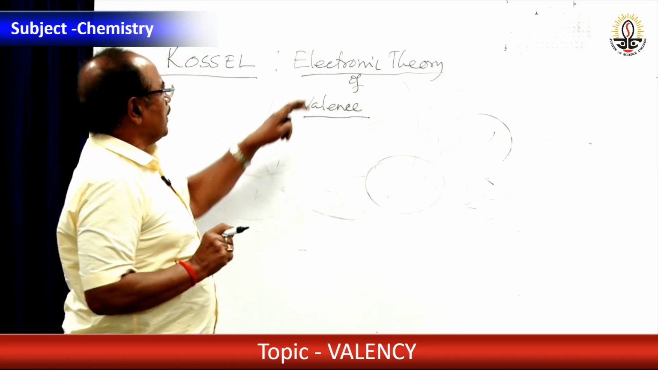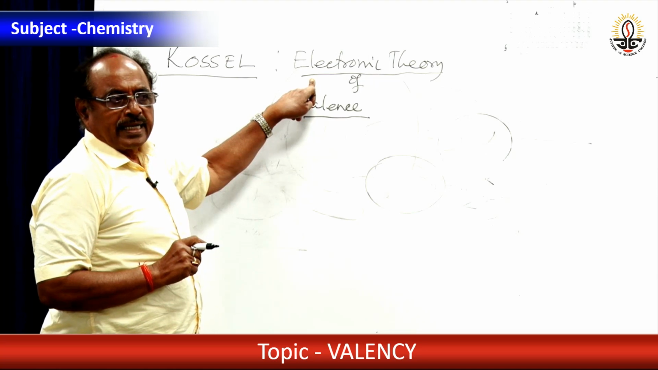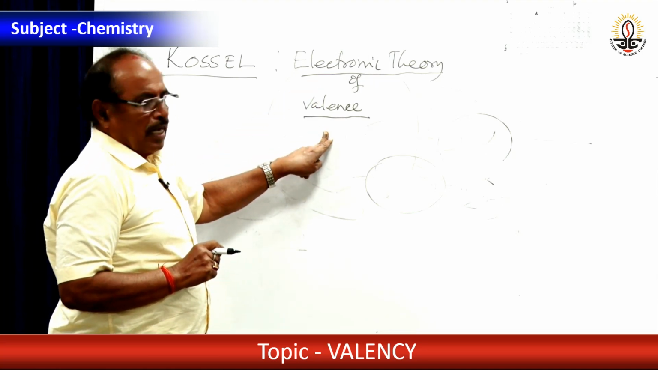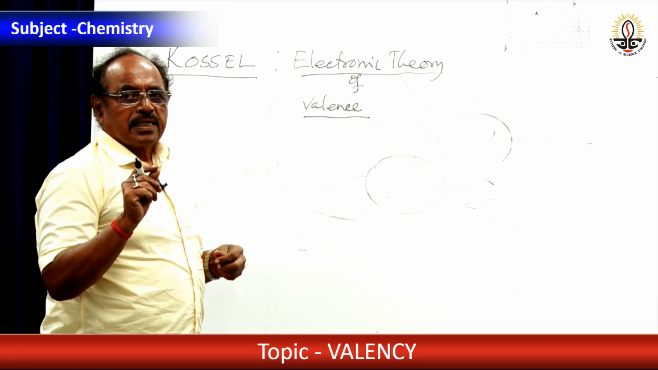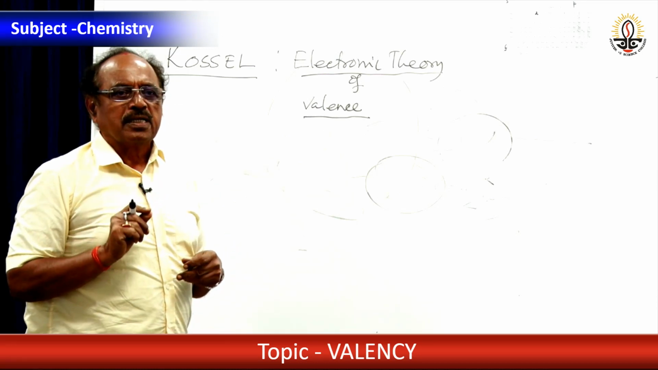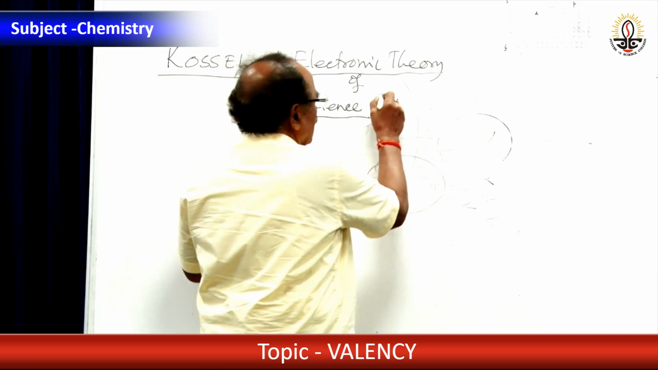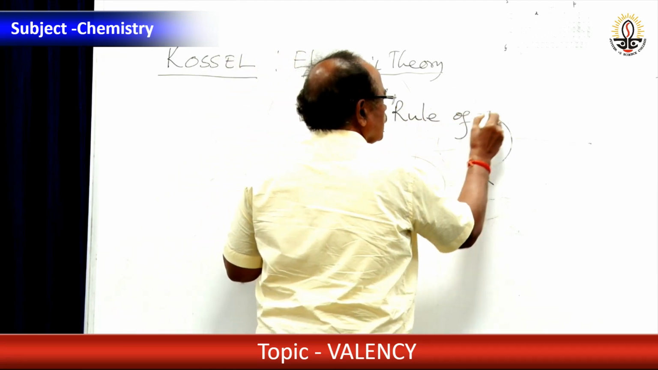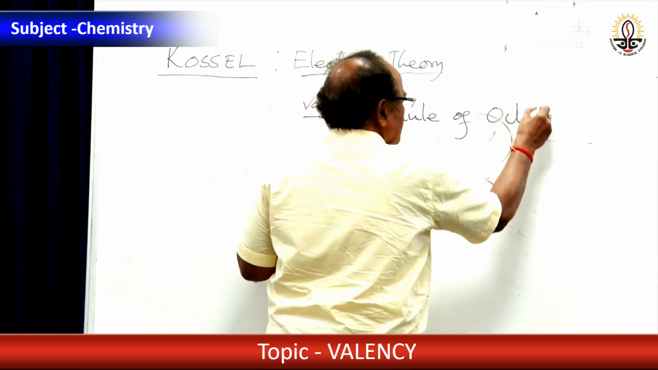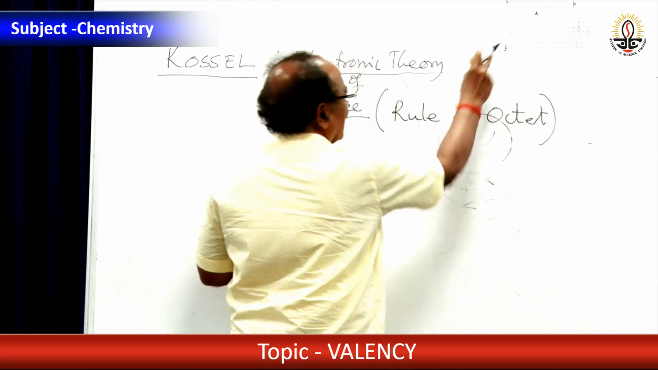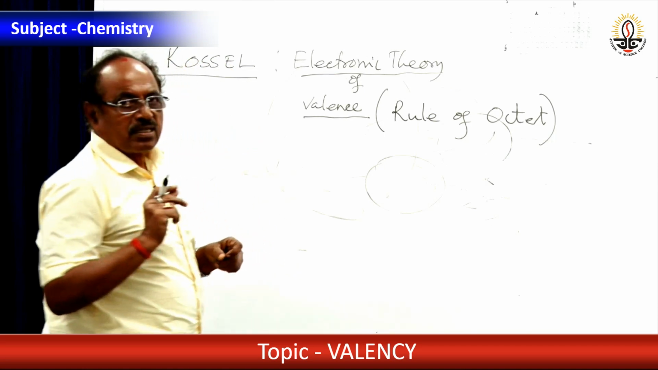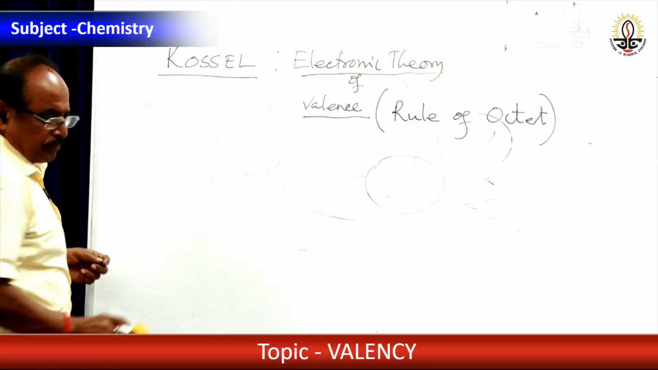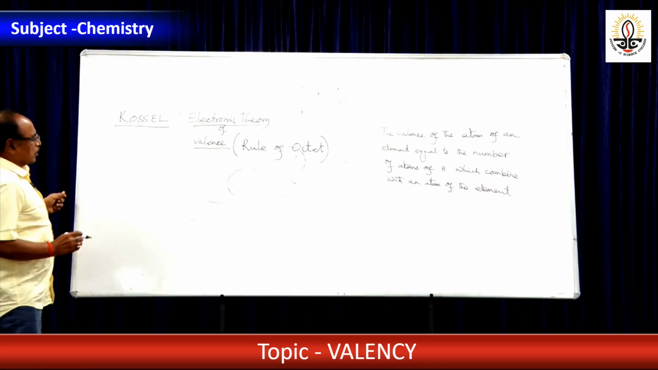Taking this, he proposed a theory called the electronic theory of valency, basing it on his fundamental concept, the rule of octet. So, my point is, from this rule of octet, I will be explaining the valency of the atom of the element. So, Kossel observed that